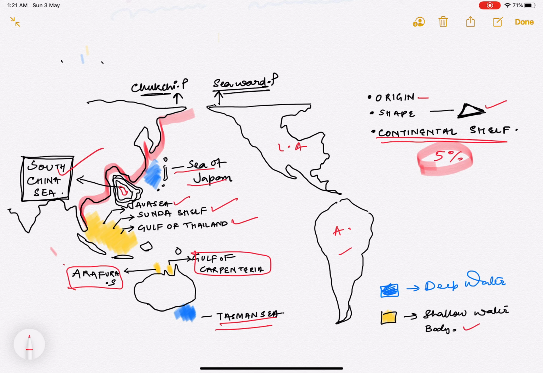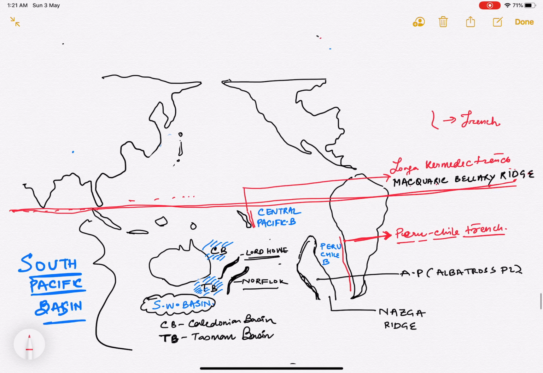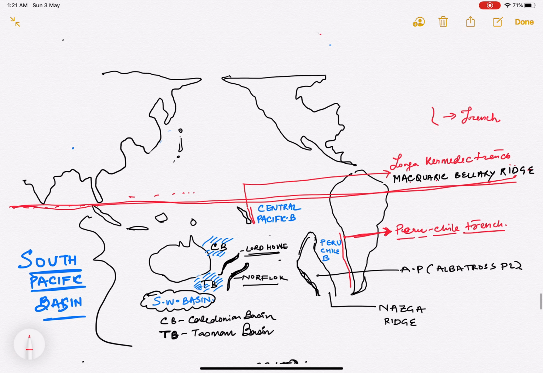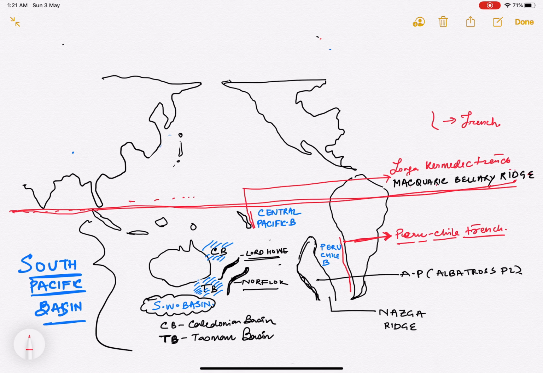Next. Now let's discuss the bottom topography. Now remember that, first of all, the entire bottom topography we will be discussing in two contexts. One is your southern and your northern. First, we'll move on to your southern context. Within the southern context, I want you to look from here. See, first we have your Nazca Ridge. The Nazca Ridge with the Albatross Plateau is demarcating your Peru-Chile Basin. Peru-Chile Basin with